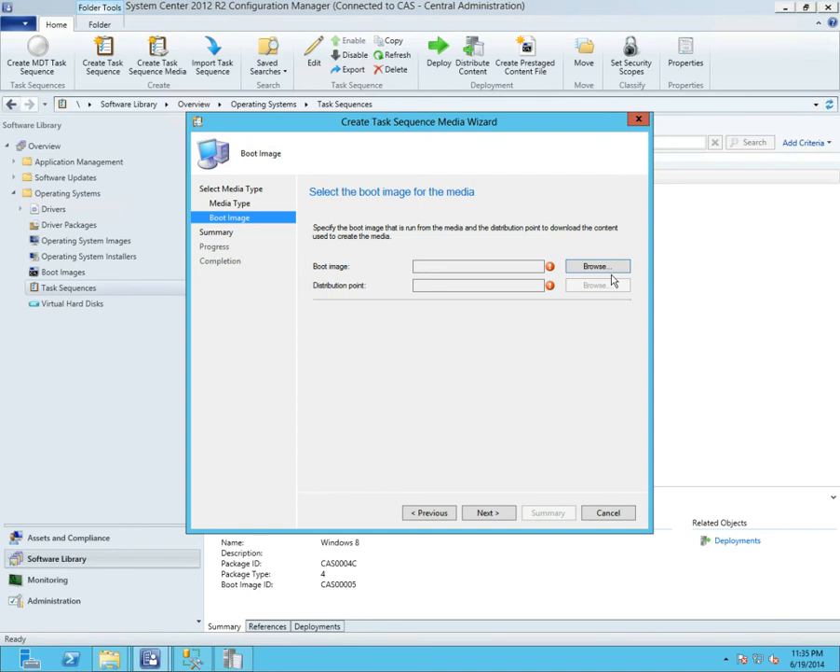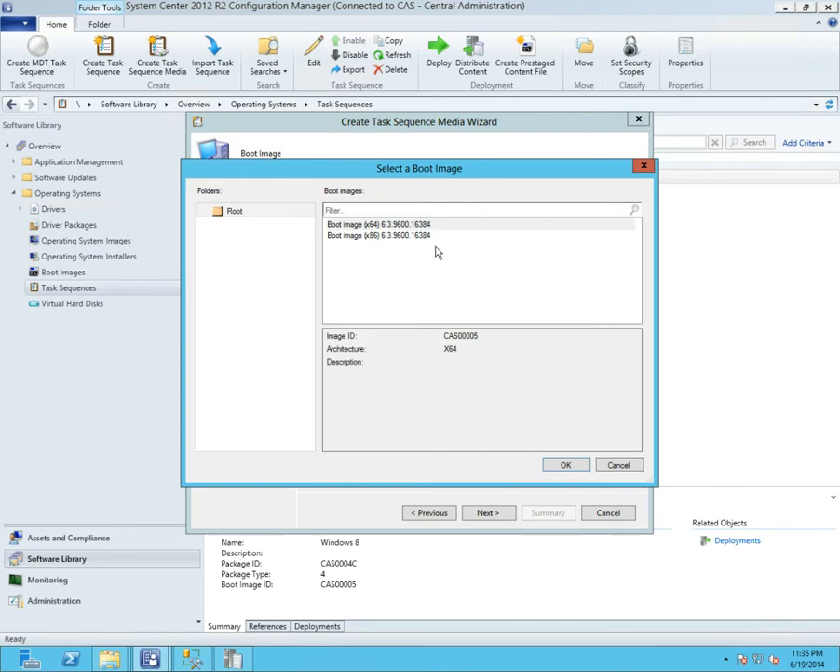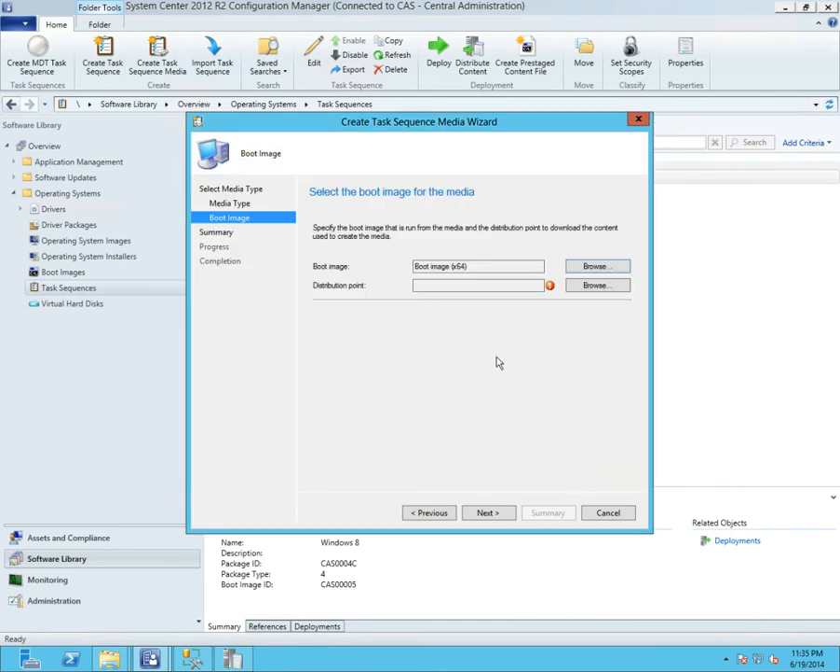The boot image is Windows PE. What Windows PE boot image do you want to use? I'll just choose the x64 boot image and go from there. Little sidebar on this: the boot image that you choose for BIOS-based systems is not as important. If you have UEFI systems that will operate in UEFI mode, then the boot image needs to match the